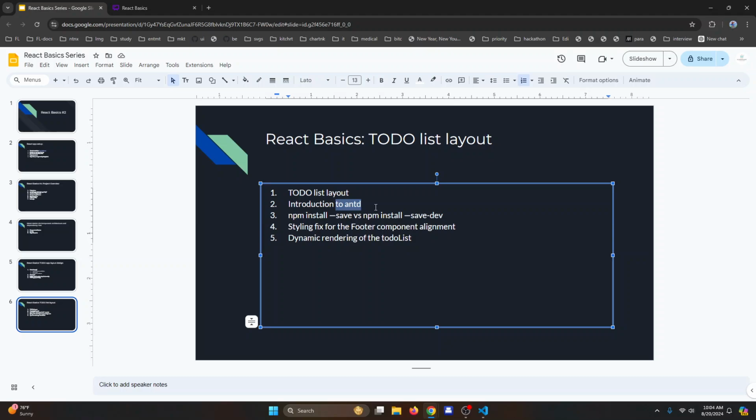Then we are going to see the dynamic rendering for the to-do list, and as part of this we are not going to cover the state management yet, and the React hooks will be covered in the next video. But in this one, with a static list, we will be covering how you can render a component repeatedly using a particular list array. Okay, so let's move on to the